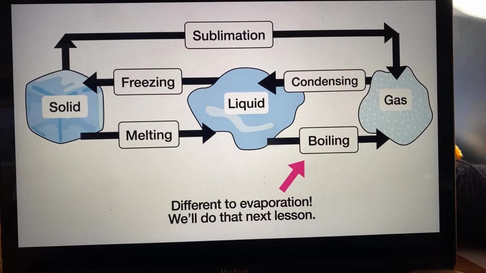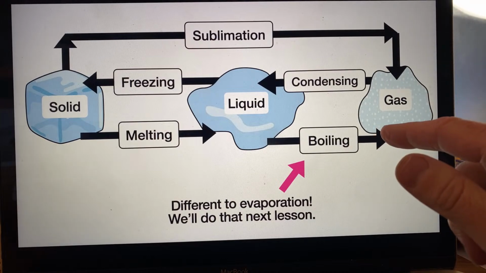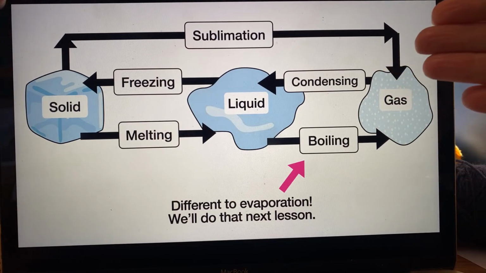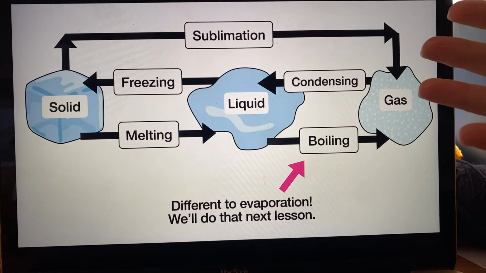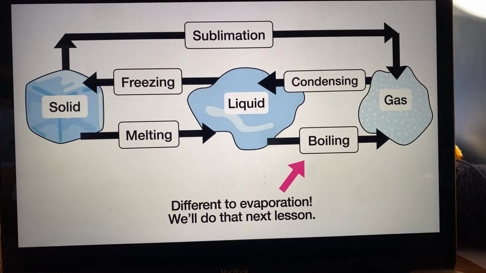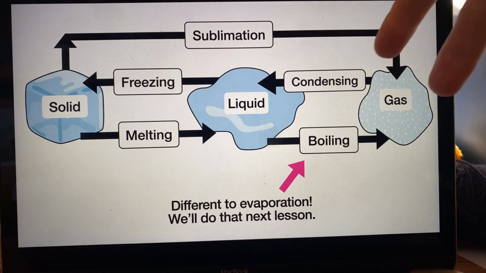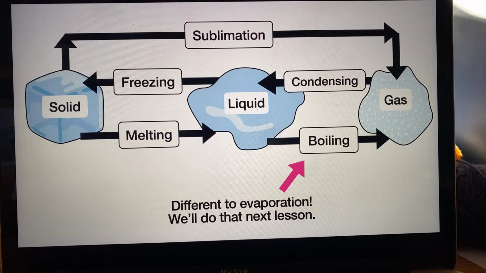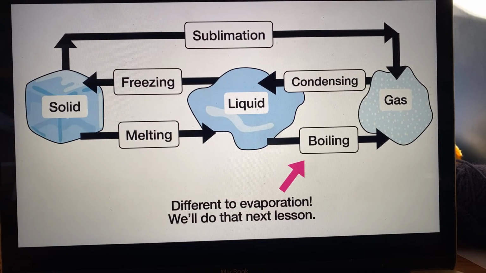Some people on Facebook were a bit tempted in the comments to say evaporation, but we will do that next lesson, so don't worry. What we're going to talk about today is how substances move from solids to liquids to gases and back again, and these are the 4 words that we're going to need. There is sublimation as well, which is fun, when something goes straight from a solid into a gas and misses out liquid altogether. If you like the theatre and you see a lot of special effects at the theatre, like dry ice, then that's what's happening. But mainly we're going to talk about freezing and melting.